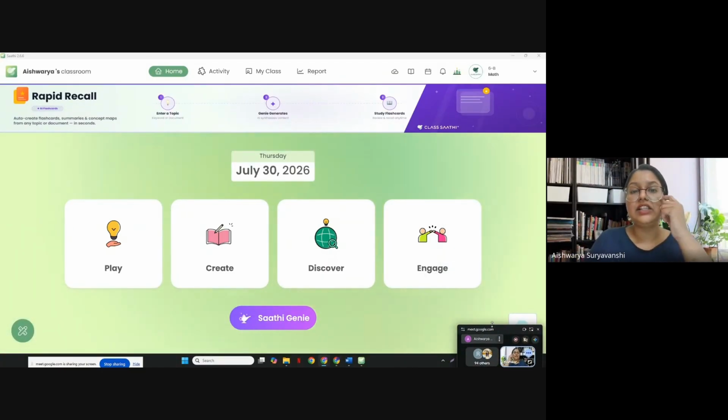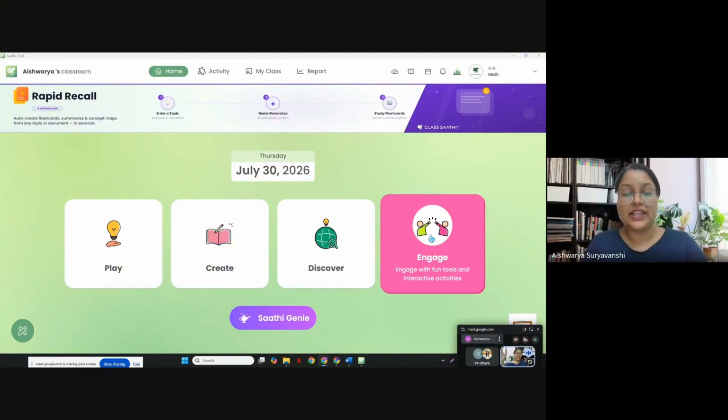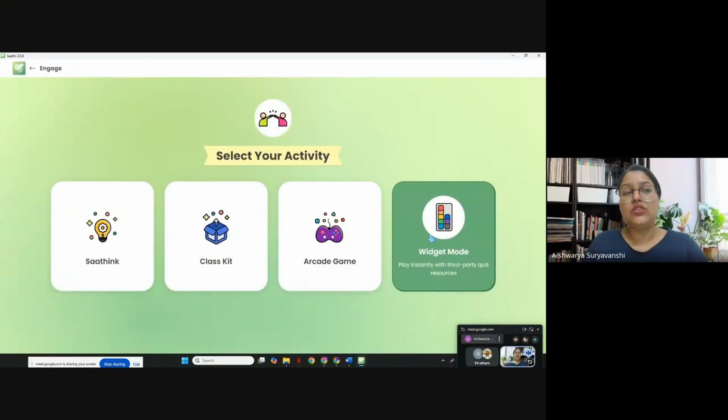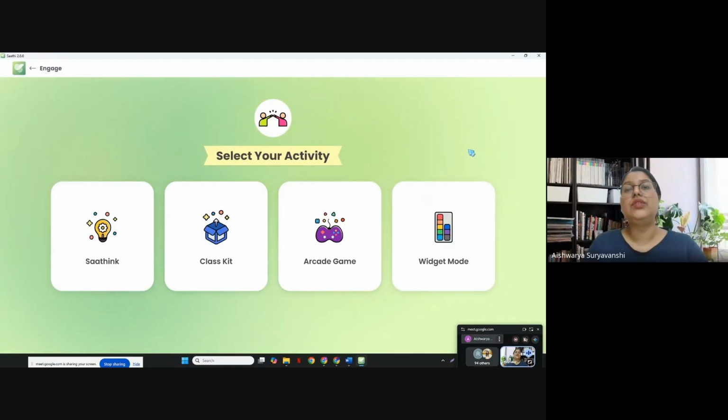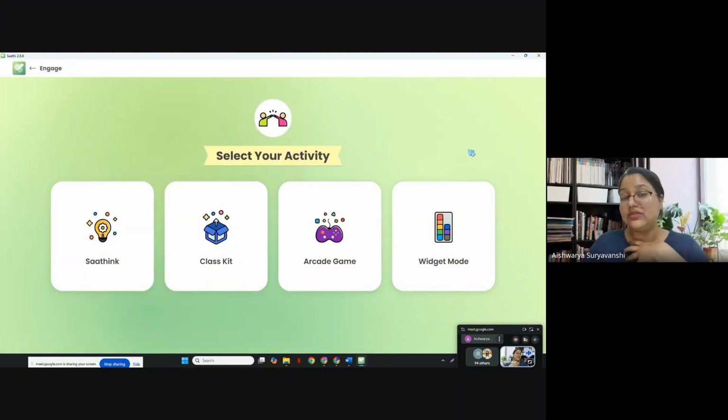And now let's come towards the last segment of the app, which is under the engagement option. I'm sure all of you already know that the engagement feature consists of all the different features that are not academics related. These are basically engagement between you and the students. So if you want to keep them busy with some kind of activity, if there is an off lecture, or you want to do some kind of icebreakers, in that case you can openly use this engage option. It's quite